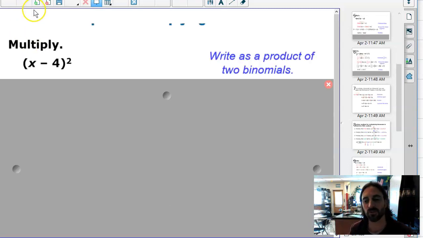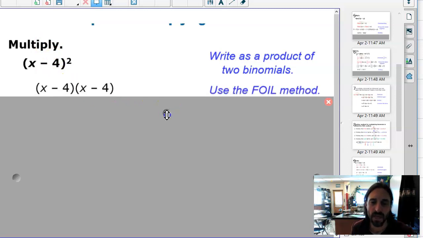So I've got examples galore, but note something here. Where's the other binomial? Well, in this example, the binomial is the same. So write it as the product of two binomials. There's a big error that students make here. They go x squared minus 16 or plus 16. Guess what? They've missed the middle because they just squared the first term and the last term, but they didn't actually combine the middles. So again, x squared